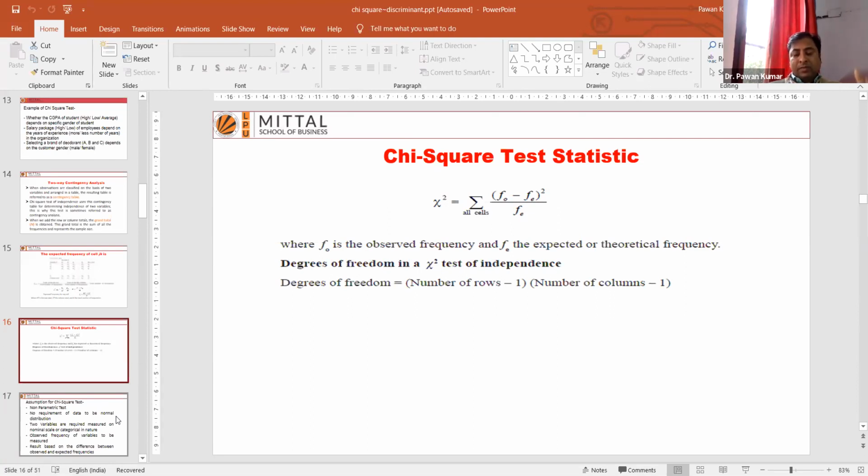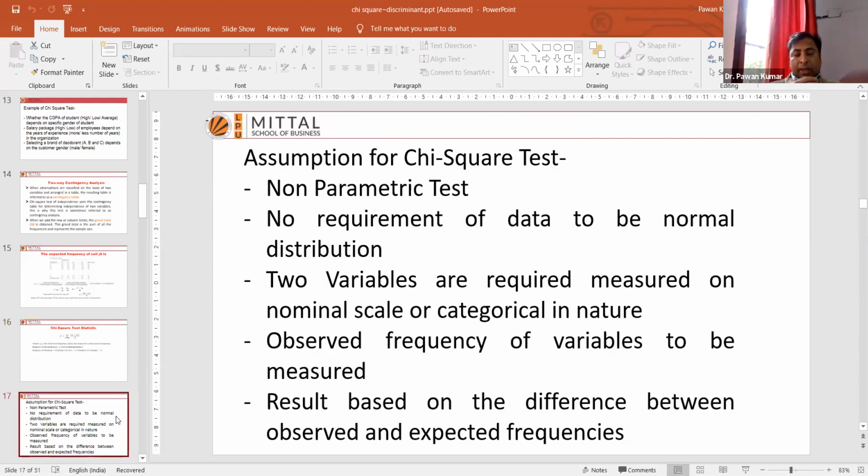Okay, so (n minus 1) into (m minus 1) is your degree of freedom. Now we are going to look for the assumptions. Whenever we go for the execution of the chi-square test, I would be looking for certain assumptions. I will not apply the chi-square test straight away by looking at the variables, but first I will look at certain assumptions. Number one, it is a non-parametric test, and there is no requirement of the data to be normally distributed